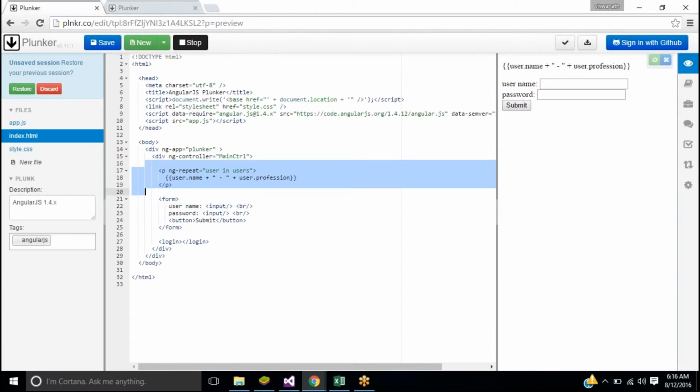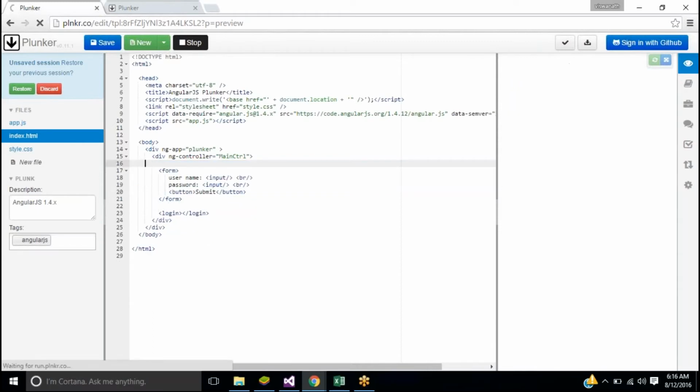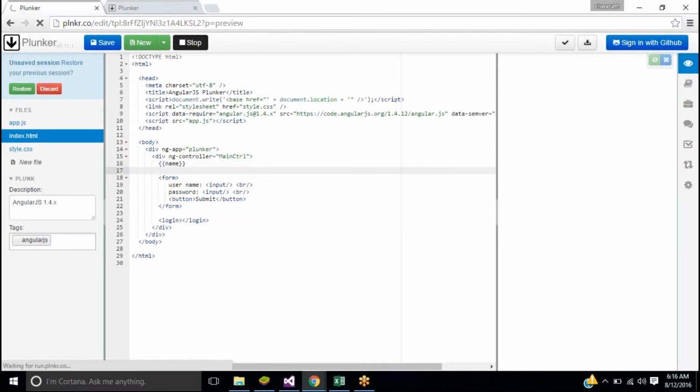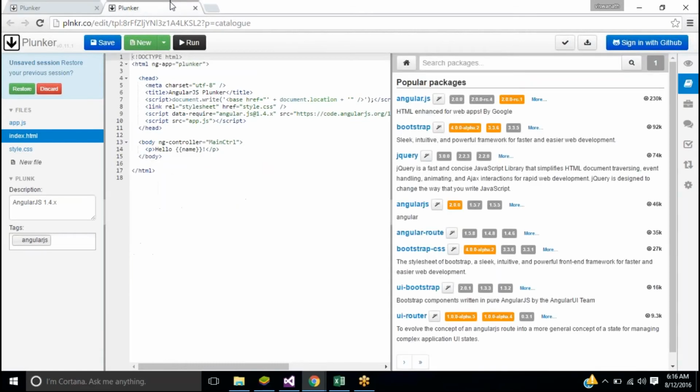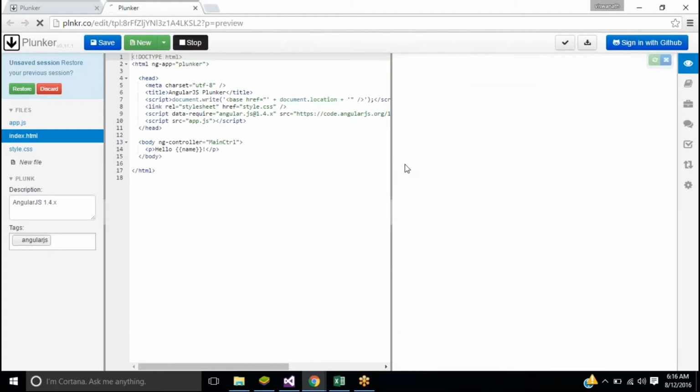Let me remove this stuff. Something went wrong here. Okay, let's do it here. We'll figure out what went wrong later.